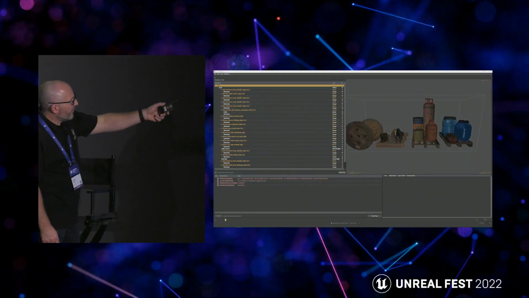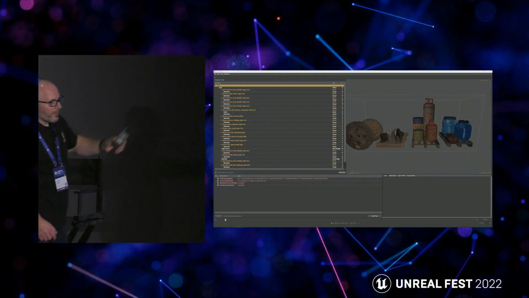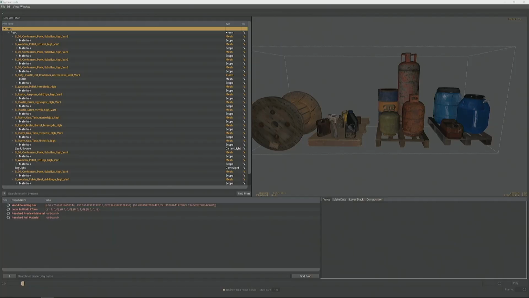You may have noticed that the jugs on the far edge there are more faceted. The reason is they were flagged as Nanite, and when it exported, it wrote out a slightly lower version. If I didn't want that, I could just turn Nanite off, and then it'll export them out as the full high res.